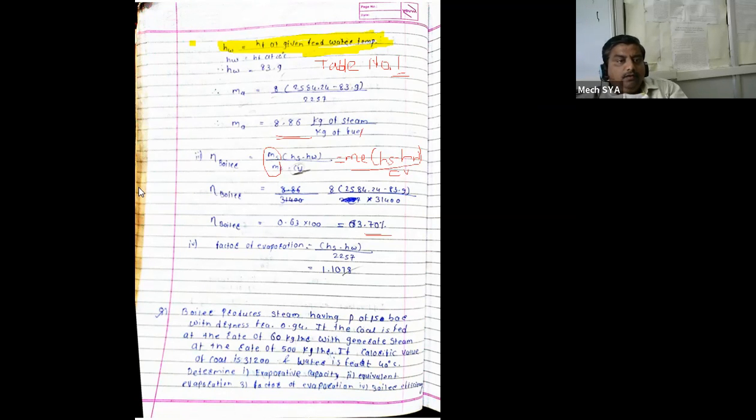Can you solve the next numerical? Anybody? Tomorrow morning I am going to take a lecture, maybe 10:15 to 12. In that case, we are going to take more and more practice of numericals plus some heat losses in the boiler. So tomorrow I think we will maximally complete this unit. If anybody has a doubt about the steam table, ask me. I am ready to take one more lecture on the steam table, on how to extract the data from the steam table.